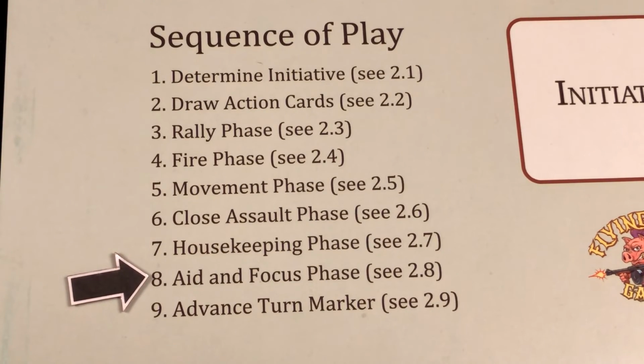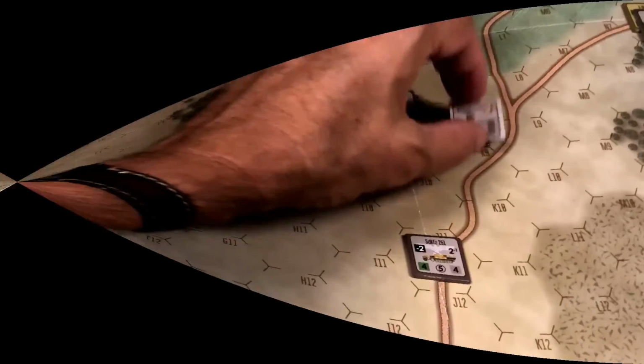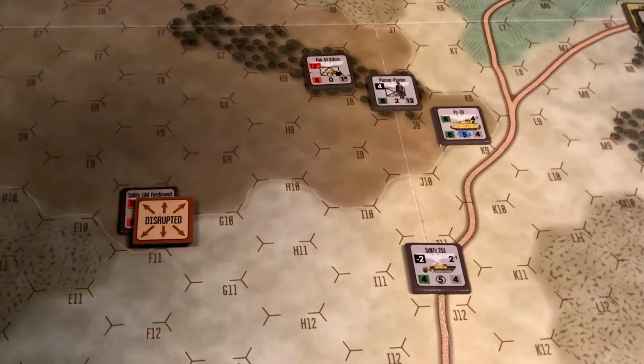And it's important to remember that the rally phase is the third phase of the turn. So during the aid and focus phase, players can shift and move the aid and focus markers so that they can be useful, for example, during the rally phase. And during the aid and focus phase, players may, if they want, do nothing with these markers or remove one or both of them from the map,